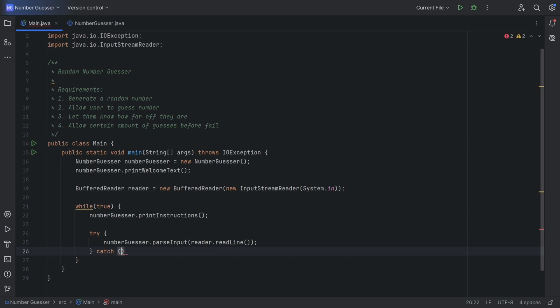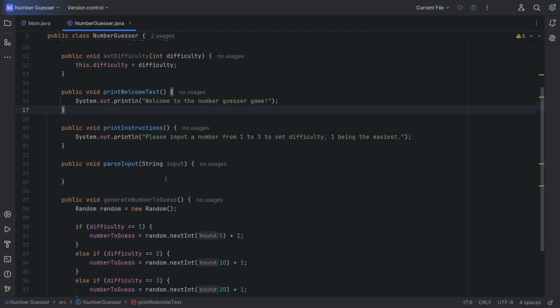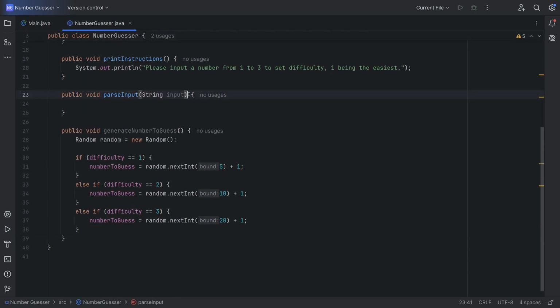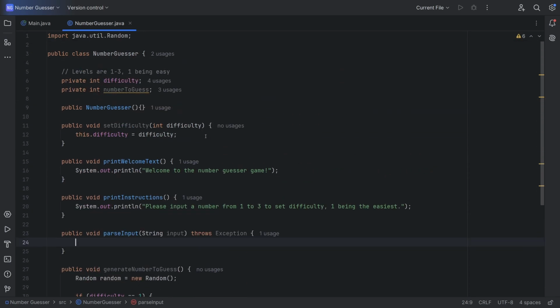And we will catch an exception, which means we don't really need this here anymore. Get a space between that. And then let's see, parse inputs also throws exception. Throws exception. Here we will parse our inputs, and you'll see why I'm doing that in just a second,